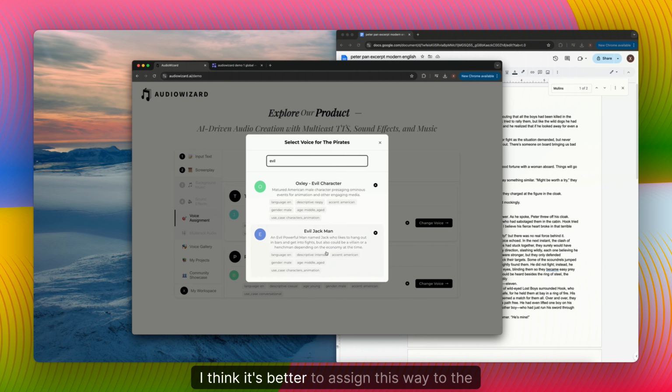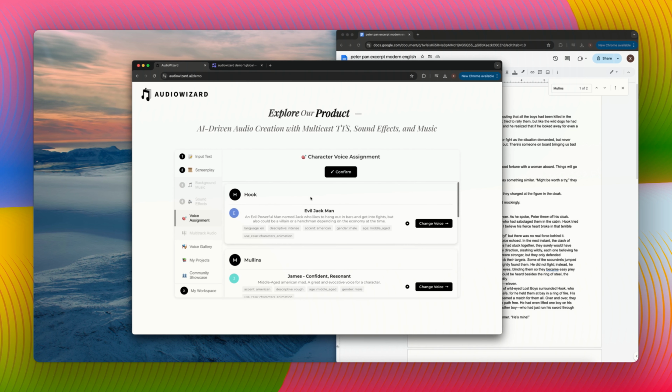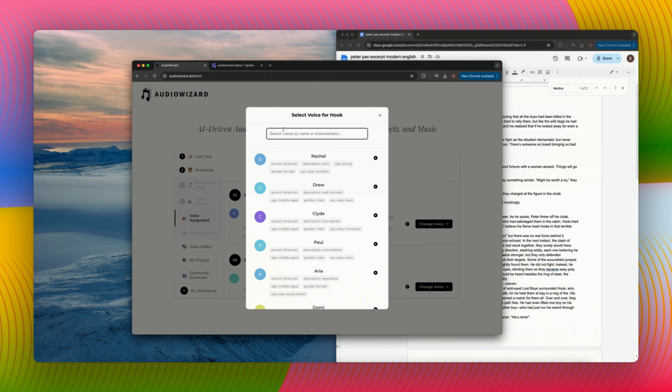I think it's better to assign this voice to the pirate. As for Captain Hook, let's try